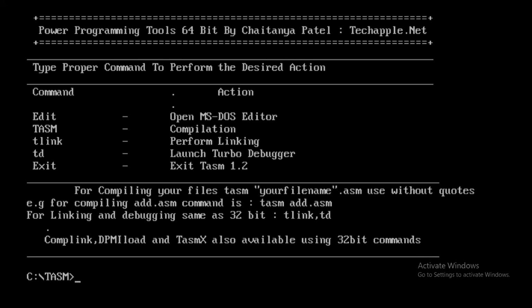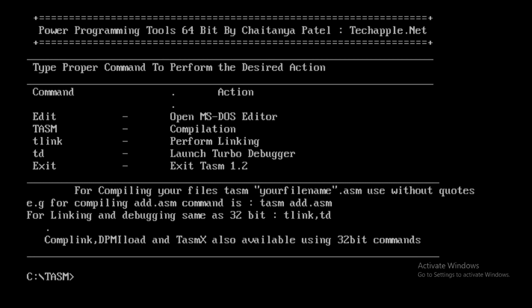So this is nothing but what we can use for the TASM, but right now it is only the introductory part of the TASM. Similarly, we are going to create the same program in DOS with a .asm file and execute it. So these are some commands. If I use edit, it will open the blue screen.